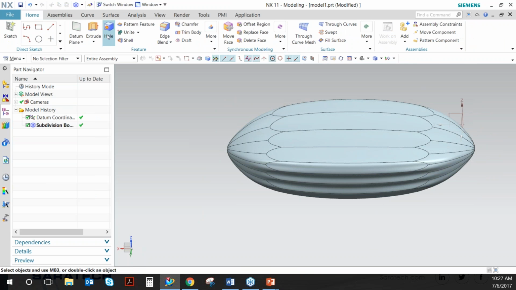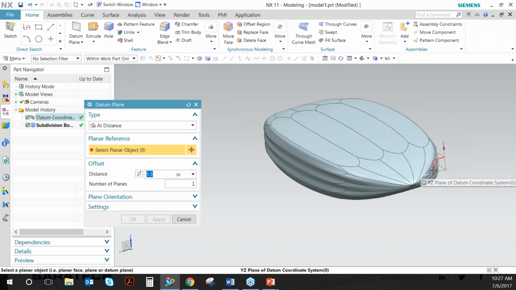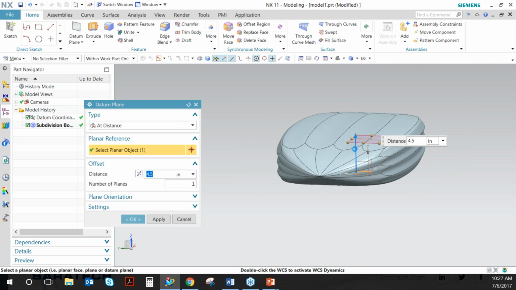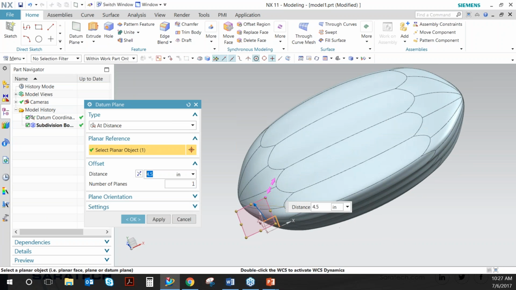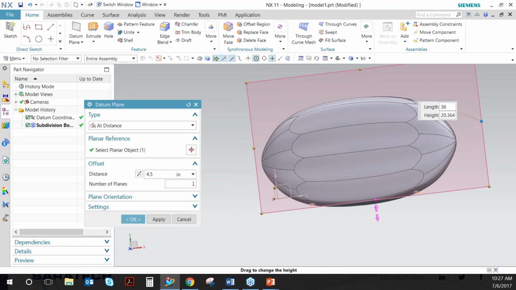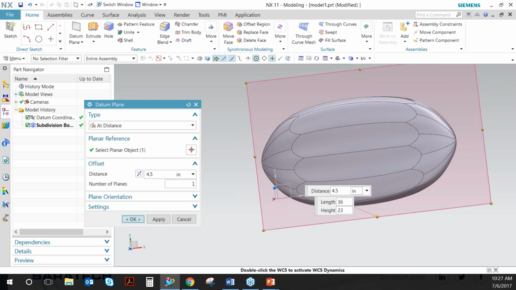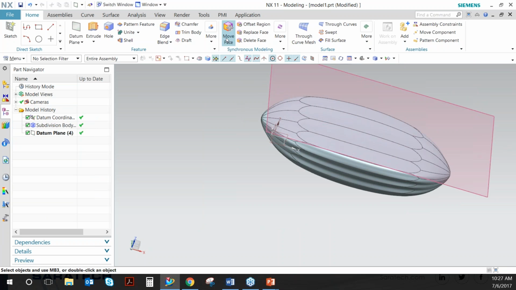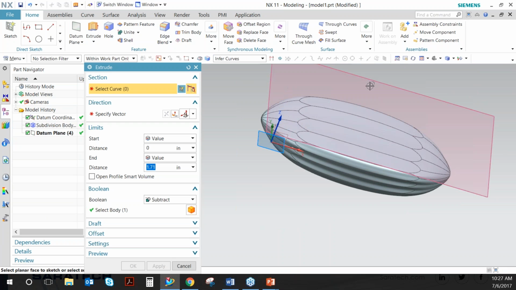I go here, and then I click on the datum plane. Click on this top plane right here. Move it up a little bit more and extend it. I'm doing this very rough, so I'm trying to be quick, but I'm sure you could make a much cleaner looking boat. If I click on extrude